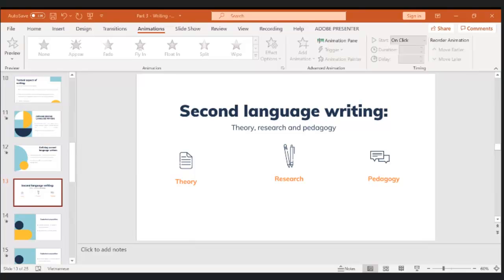So the first one is controlled composition. Controlled composition can be seen as an offshoot of the audiolingual approach to language teaching because it shares